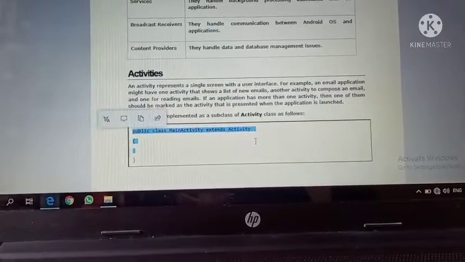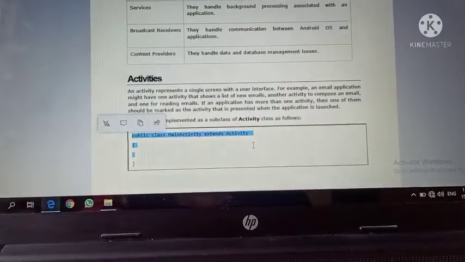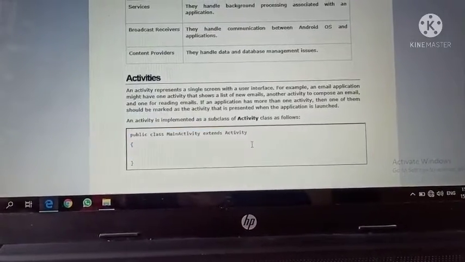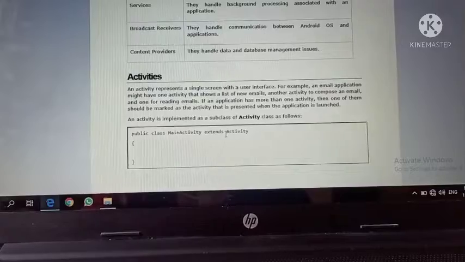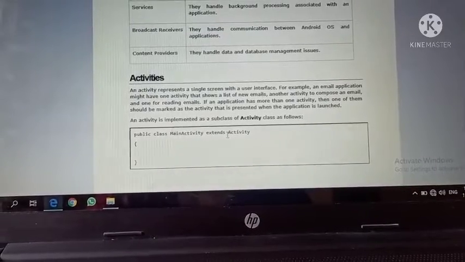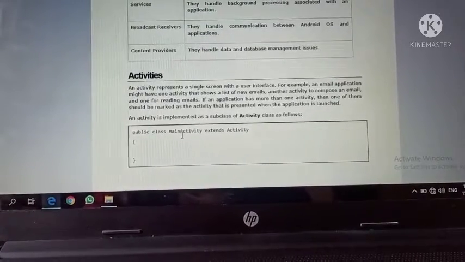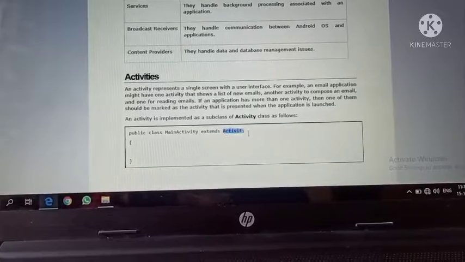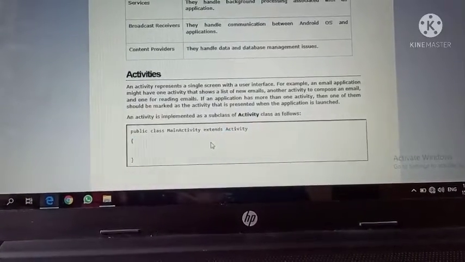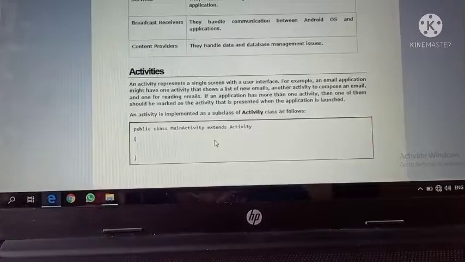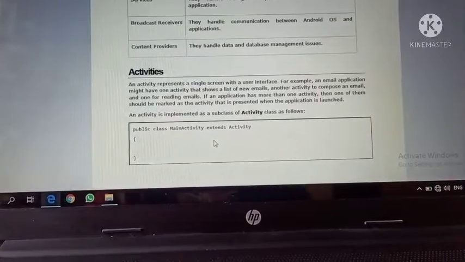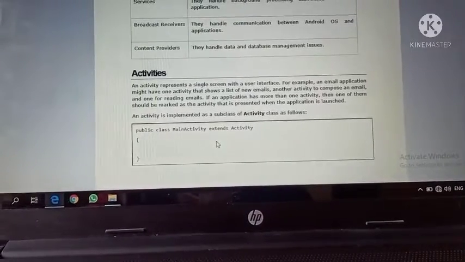So the class name is the essential part of the coding. After the public class you need to write your class name as activity. So the activity component shows the single screen for the user interface.